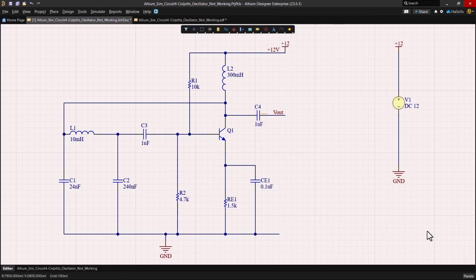Now we know how to run a simulation for oscillator circuits. Make sure to run it a little longer than you might expect if you're not getting the results you want,